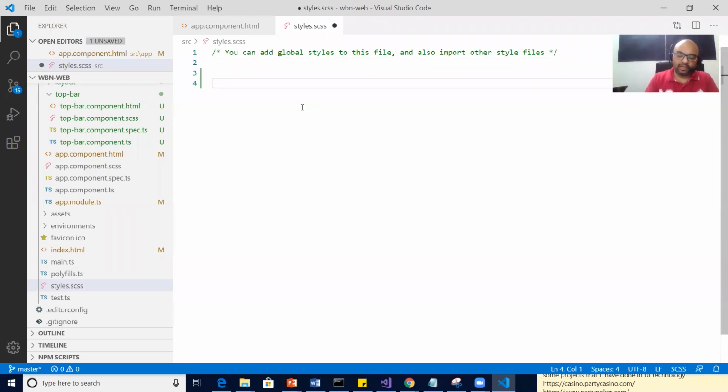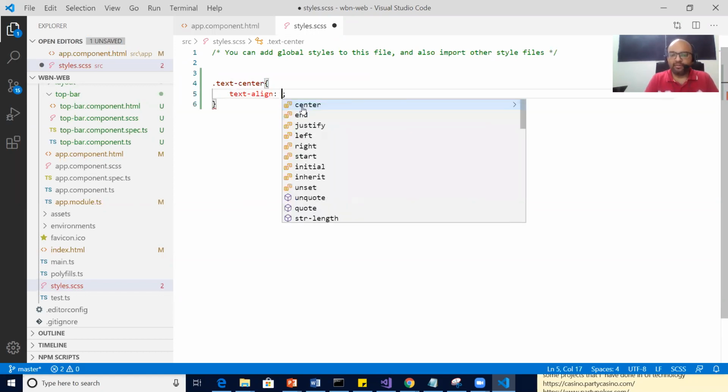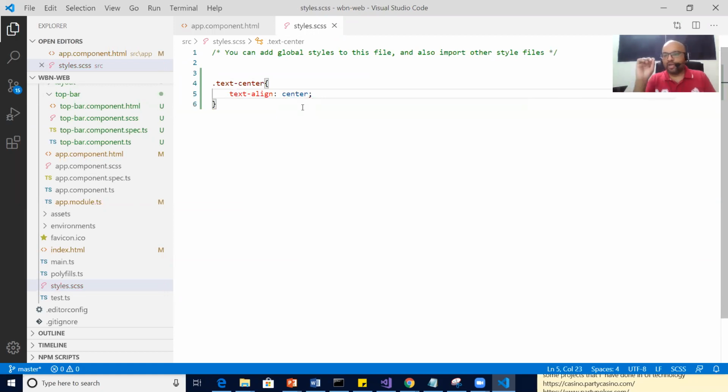So here I will put a class called text-center. A simple class, and the property would be text-align: center. So this is my global style, the global class, because it is in the global style sheet.